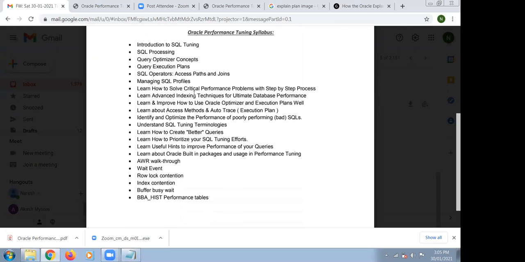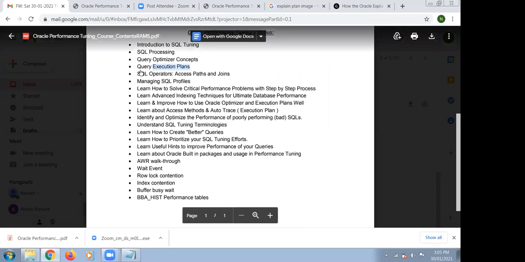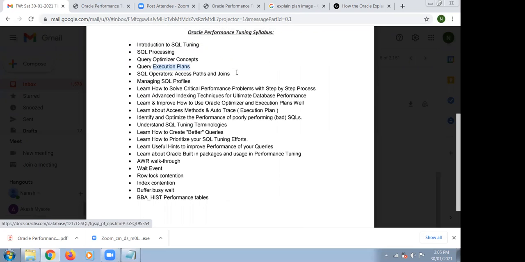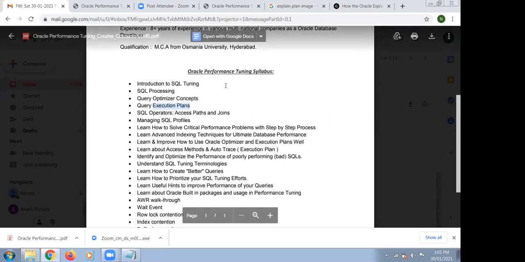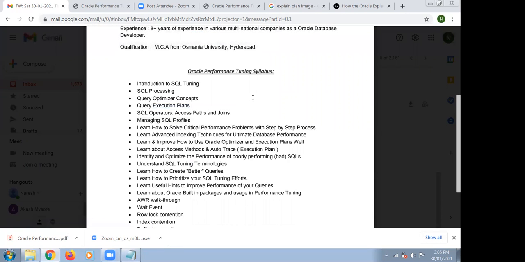Query execution plan, explain plan, and SQL operator access paths, join methods like nested loop, Cartesian product, unique join, non-unique join, left outer join, right outer join, full join.